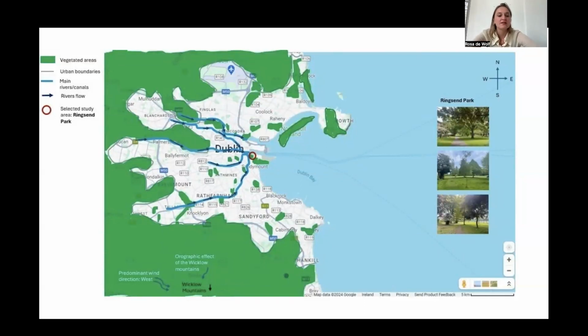What is very interesting is that the participant mentions the dominant wind direction, which of course is a very important system to take into account when you're designing a public space or a park. You have to think about how to maybe provide shelter, but also what species could withstand this wind direction.